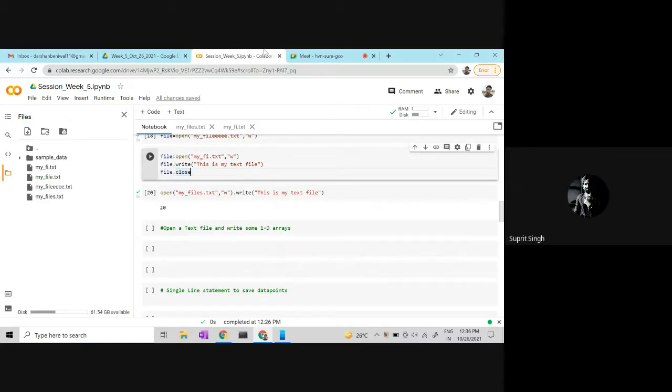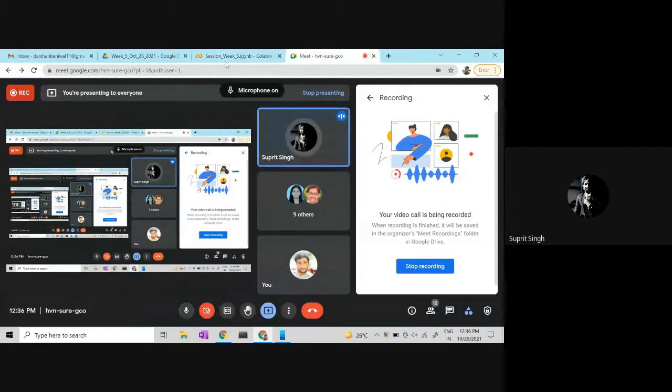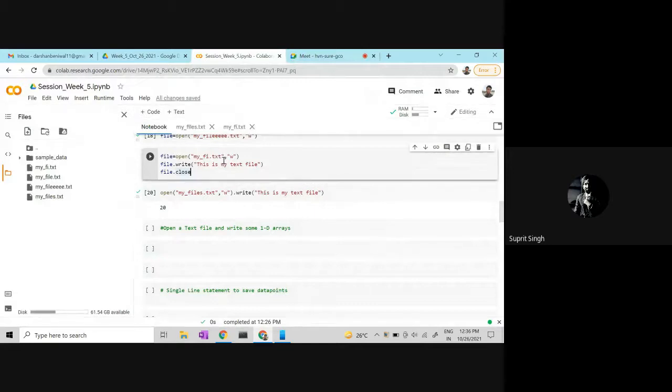No, it is opening a file. I thought he's creating a file. If it is not there, then it creates it. If it is already there, it opens it and appends in the next line. But here you can see that W is for creating a file, and then writing. No, wait. W means it is writable. R means it is readable.